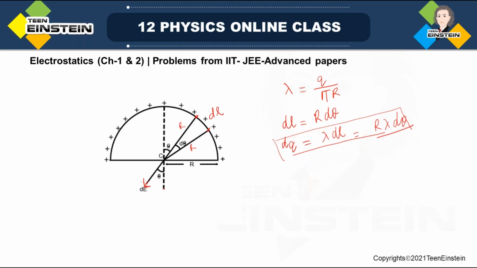Now I can break the component into two, one along this way, another along this way. So one is dE cos theta, another one is dE sine theta. Now look, if I take symmetrically another line element over here with the same d theta, and this is theta,